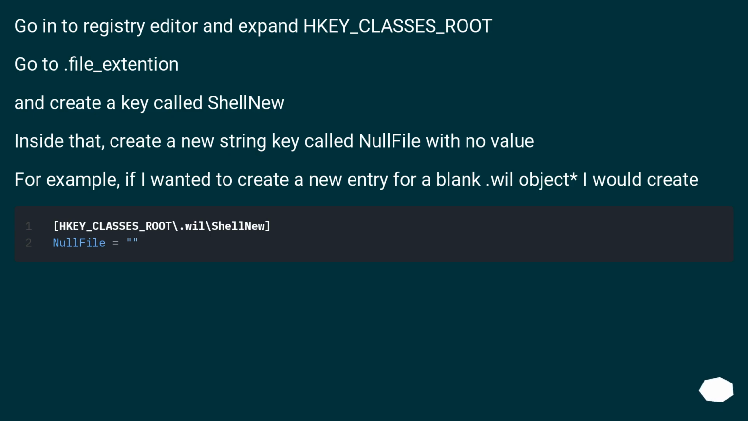Go into Registry Editor and expand HKEY_CLASSES_ROOT. Go to the file extension and create a key called ShellNew. Inside that, create a new string value called NullFile with no value. For example, if I wanted to create a new entry for a blank wil object, I would create